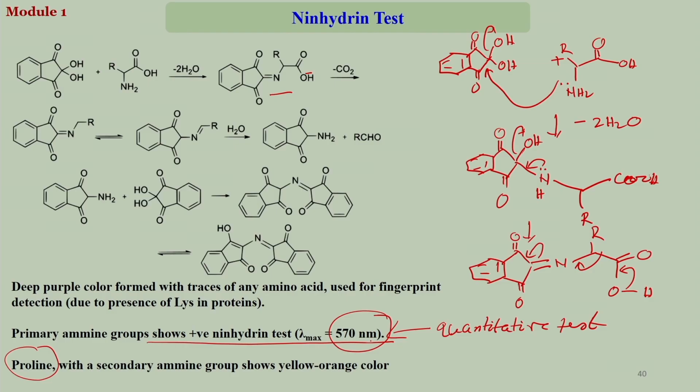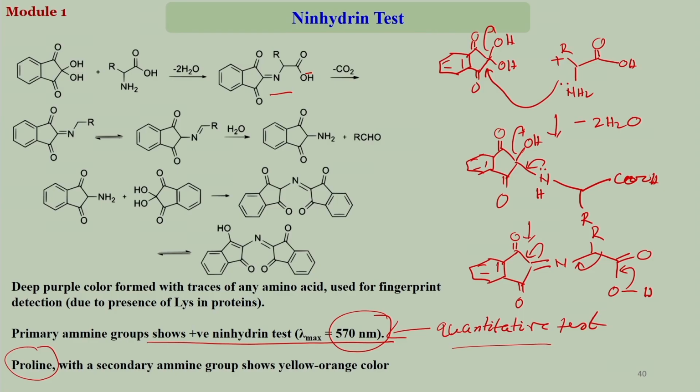Around 570 nanometer wavelength, it will show you an absorption maximum, and if you calculate the quantity of it, then you can find out exactly how much amino acid was present. So the ninhydrin test can be a qualitative test as well as a quantitative test for the detection of the